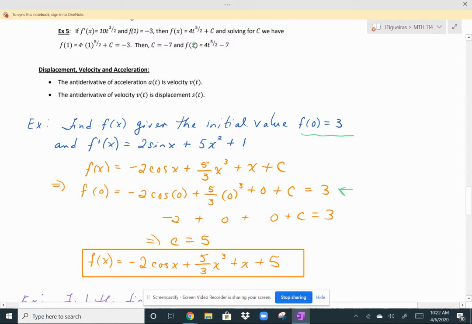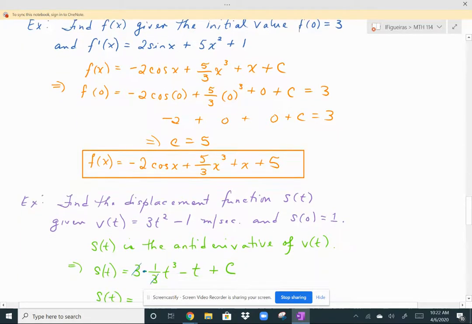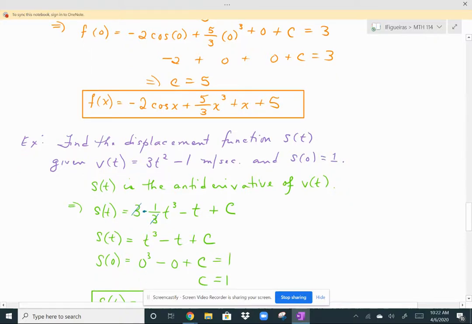Solving for c means you add 2 to both sides. You get that c is 5. So your final answer is that f of x is negative 2 cosine of x plus 5/3 x cubed plus x plus 5. And that's an exact antiderivative, not a general antiderivative. Okay,